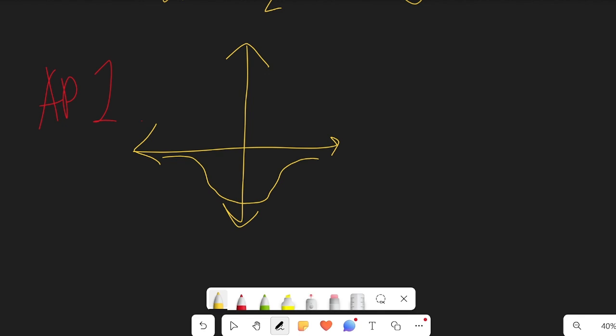And then they gave you a couple of points. They gave you a point here, point C. They gave you a point here, which was point B. And they gave you a point here, which was point A. And they asked you, in which of these points would this point charge experience the greatest force in the direction,